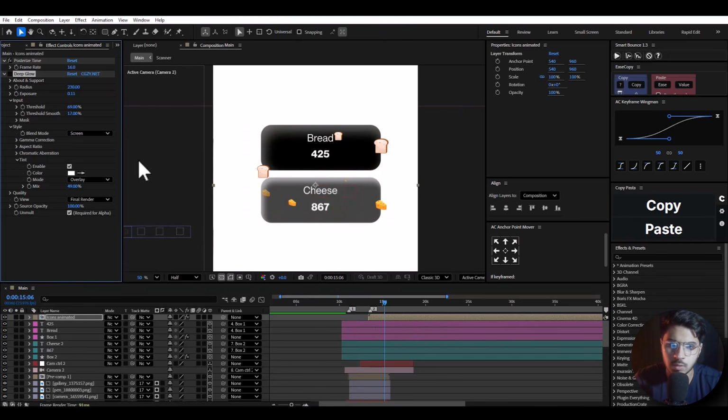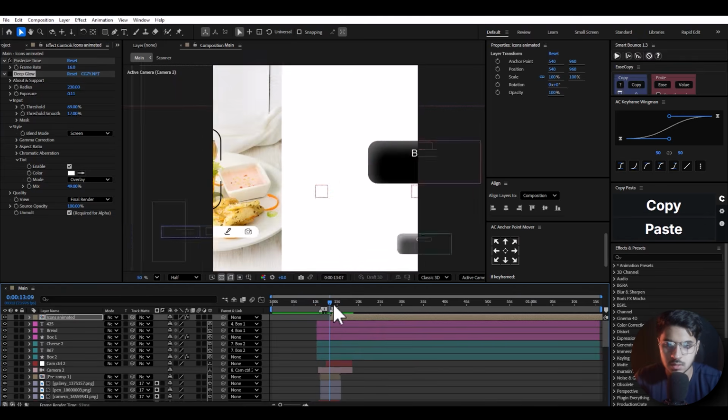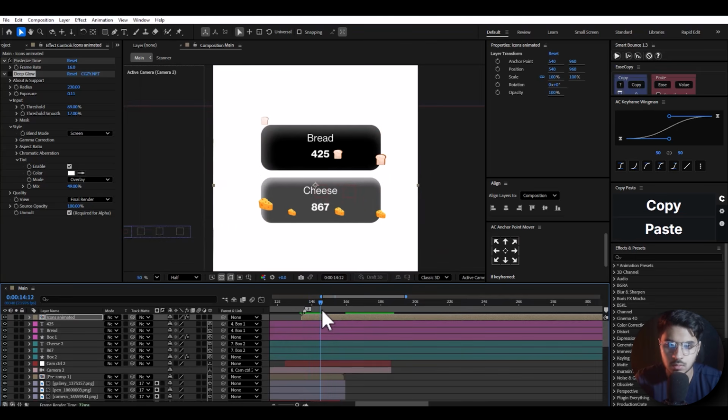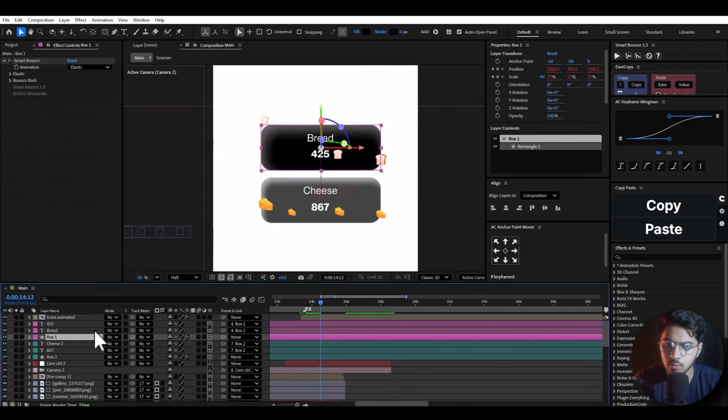But as I mentioned, our main focus is the animation part, so I'll just hide glow just for now. We'll apply it later on, okay? And we will have to apply it on many things. So the next thing we are going to create is right over here. Good. Now we are going to find this box 1 and